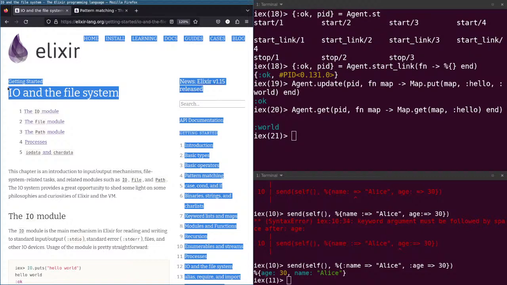Right now I will end this live because I'm trying Elixir for the first time. I'm so excited to learn Elixir. Man, I'm not sure if I will learn Elixir, but I will try. I will do my best, and I will try to continue learning from this Elixir documentation.